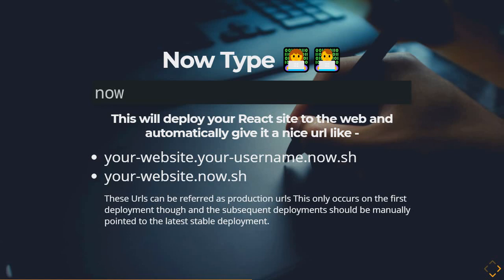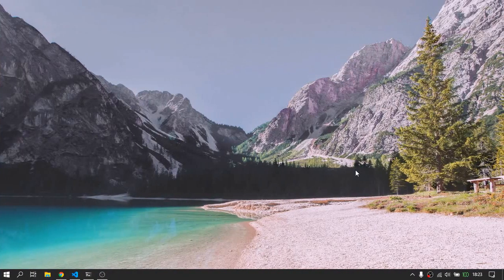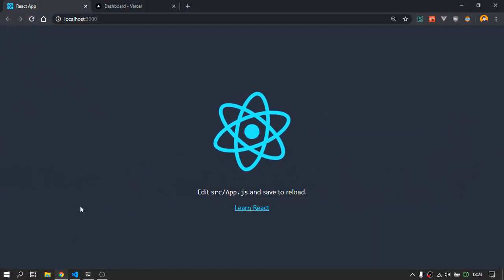But one more thing you can do is build the project locally and deploy the build directory with the static files for your project. If you want to do that, I have a static deployment video earlier, so make sure you check that out.